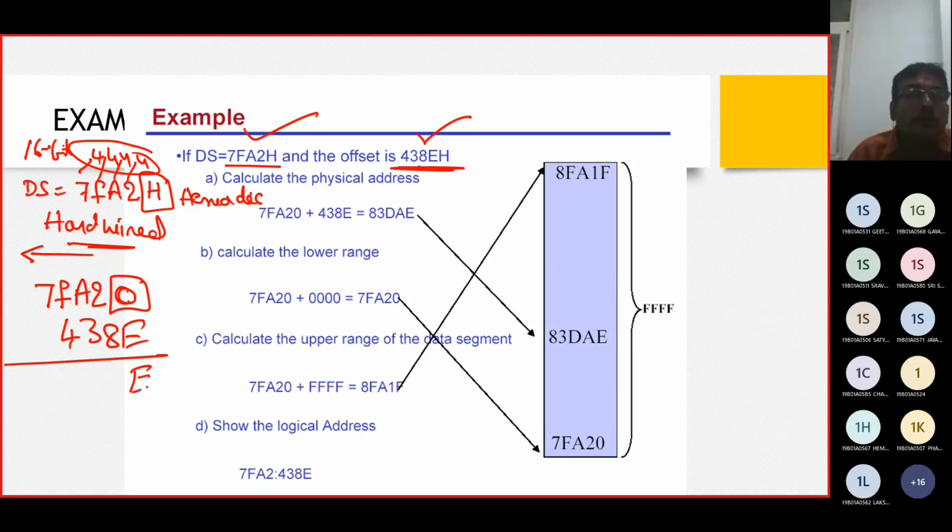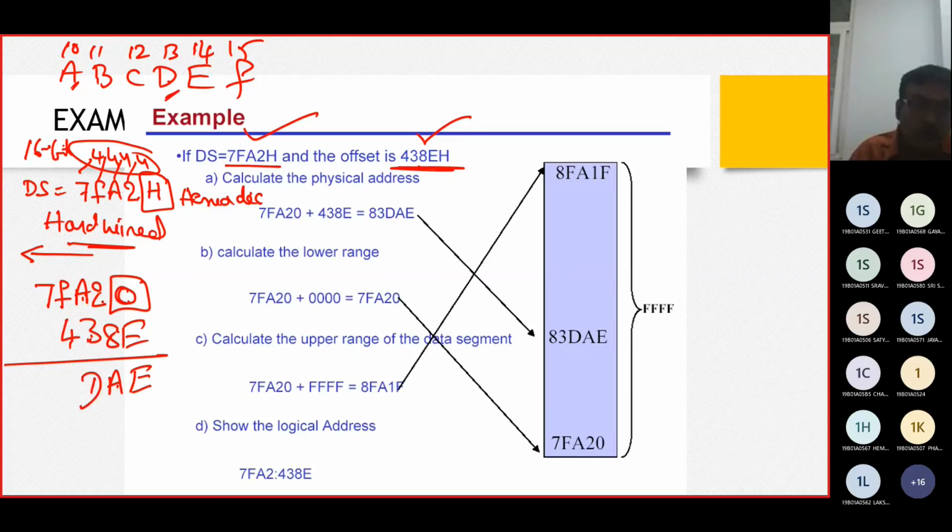So we are going to have E. So 8 plus 2, 10. 10 means A. A is 10. 10 plus 3, 13. So I write here A, B, C, D, E and F. A value is 10, B value 11, C value 12, D value 13, E value 14, F value is 15. So 8 plus 2 is 10. So we get this A value. A plus 3. So 10 plus 3 is 13. 13 is nothing but here we are going to put the D.